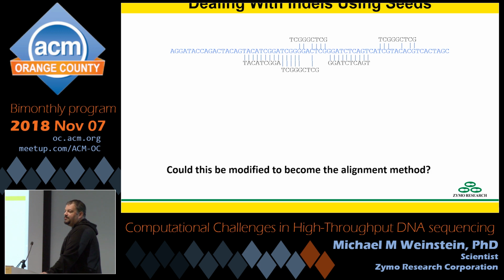Could this be scaled up and modified to become an alignment method of its own? Totally. In fact, seed-based alignment is used in something called BLAST search, which is how you actually search a sequence against a huge diversity of organisms. If I pull random DNA sequence out of the ocean, which people have done, and I want to find out what organism did I just grab, BLAST search is what I would use, and BLAST search is based off of, among other things, seed-based alignment.